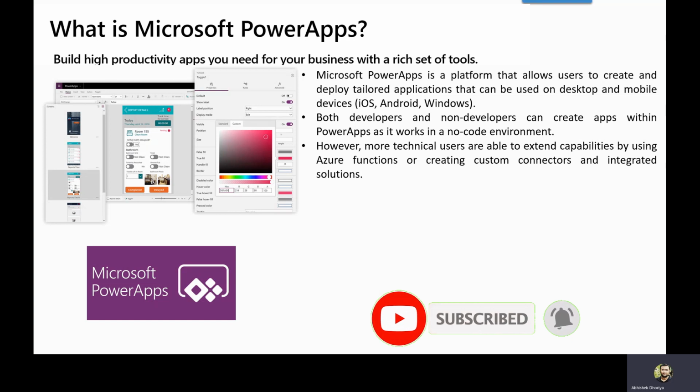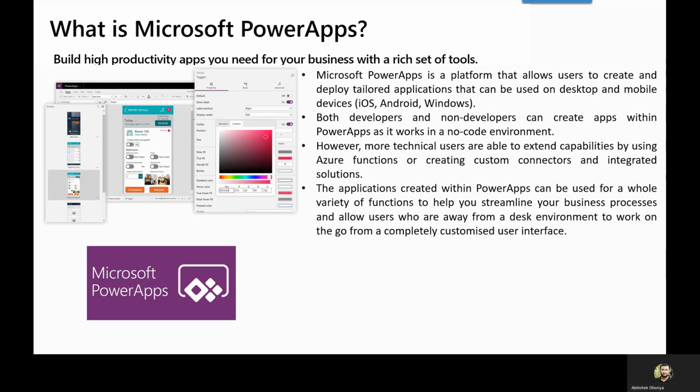However, more technical users are able to extend capabilities by using Azure Functions to create custom connectors and integrated solutions. So that flexibility is always there, that more advanced or hardcore developers will always have the flexibility to add more customizations.